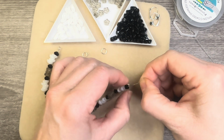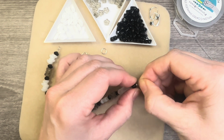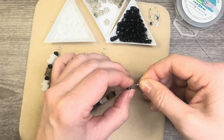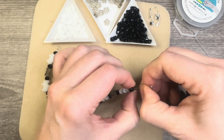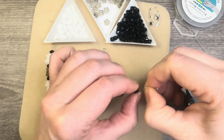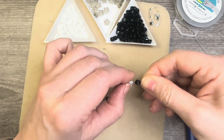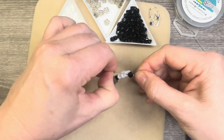Then on this side, we're going to go through the crimp bead and that next bead as well. Got to get it a little lengthy here, and then the tail will actually kind of hide within those chili beads too, since they're a little domed. Okay,